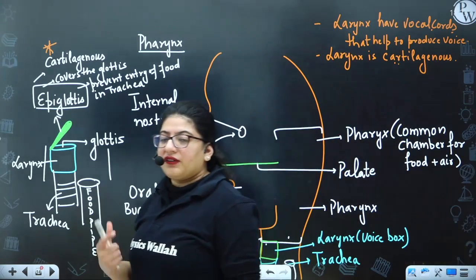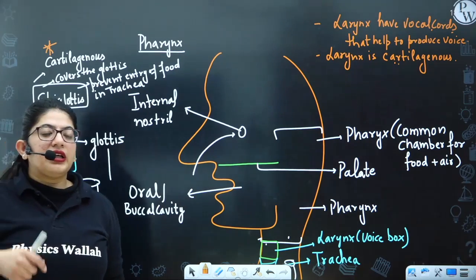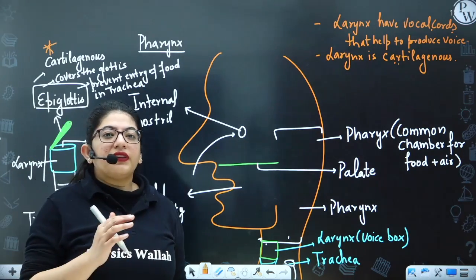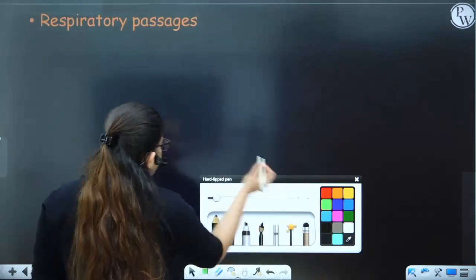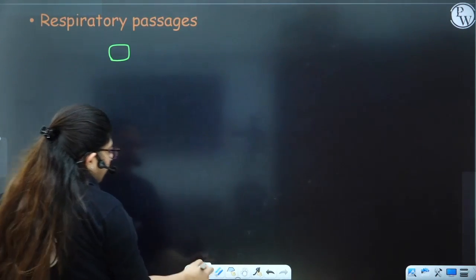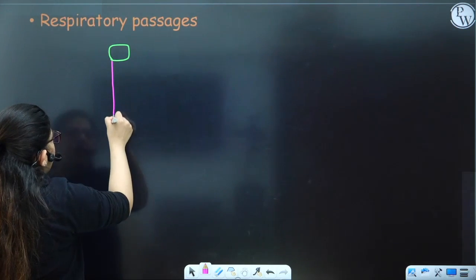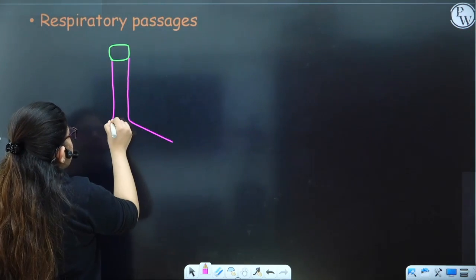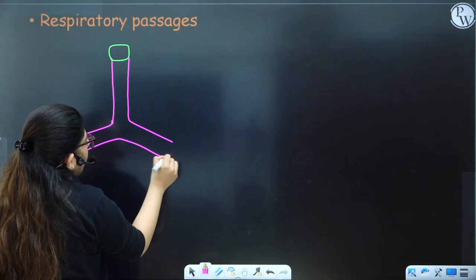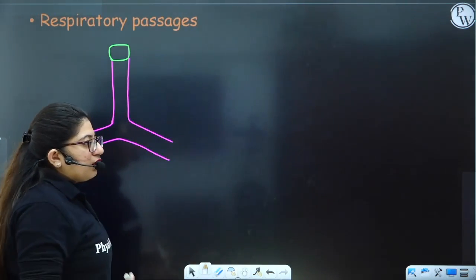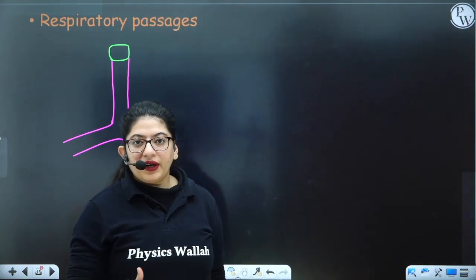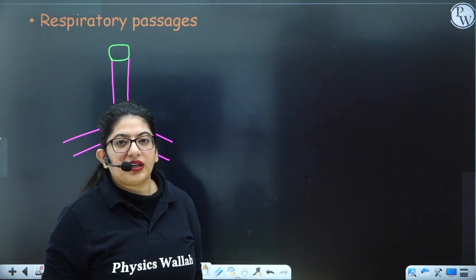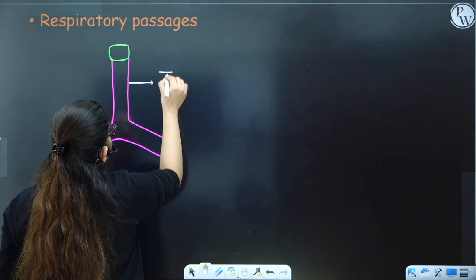Let's get started with the very important part, because after the larynx, the important structures are there. Let's discuss them. Okay, so we had the larynx here. After the larynx, what was present? The trachea was present. And the trachea divides into bronchi. So we are not in a hurry. We will take everything step by step. So just follow me. All right, guys. Now, after the larynx, what is there? Trachea. Trachea is also known as the windpipe.